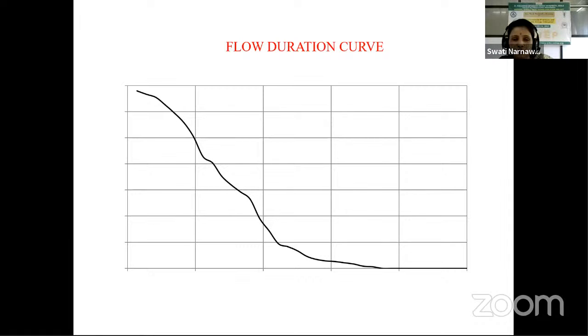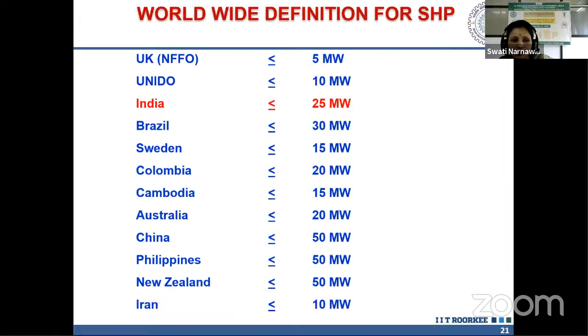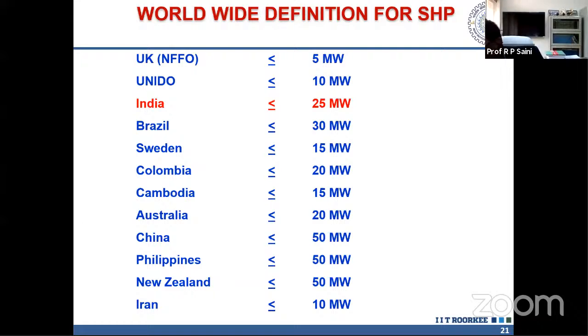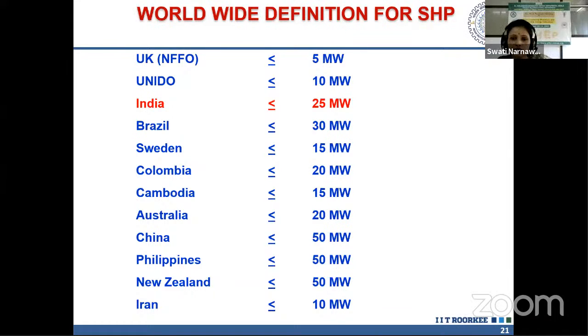Okay, thank you, sir. There is another question in the chat box by Dr. Tiwari. Yeah. Why big hydro was not used to consider as a renewable, and why reservoir based is not renewable? Yes, madam, please. Sir, there is one question from Dr. Tiwari. He is asking why big hydro was not used to consider renewable.